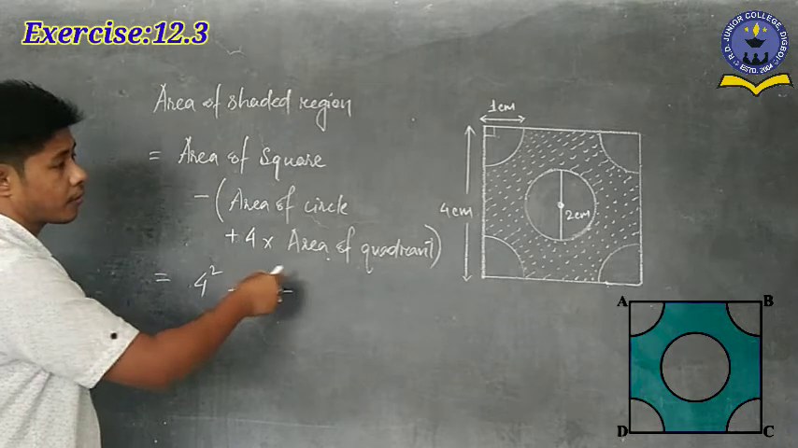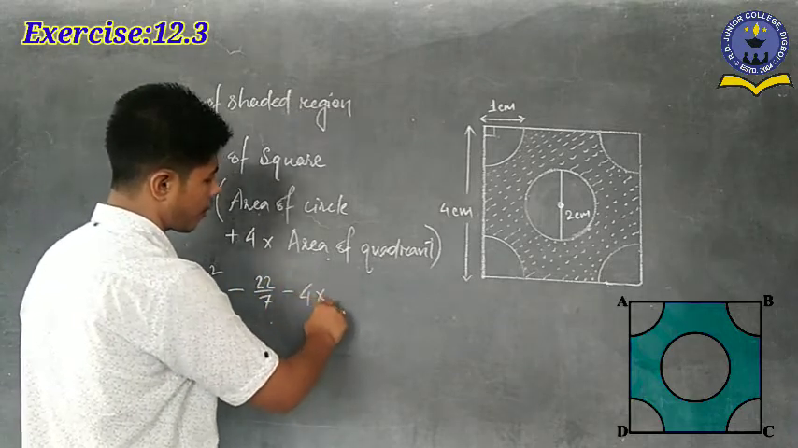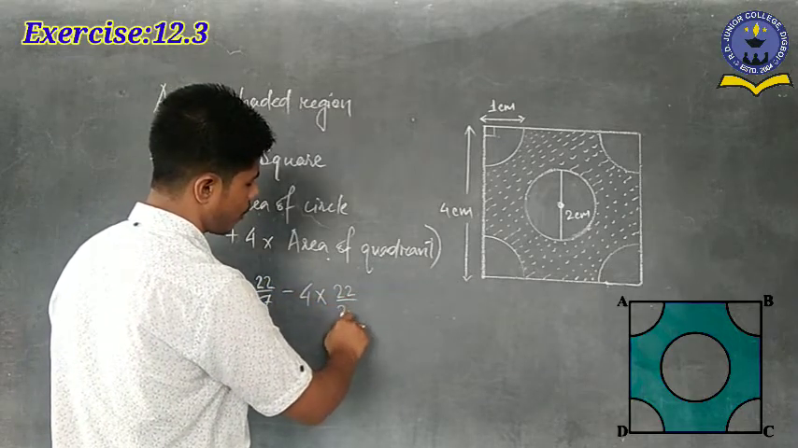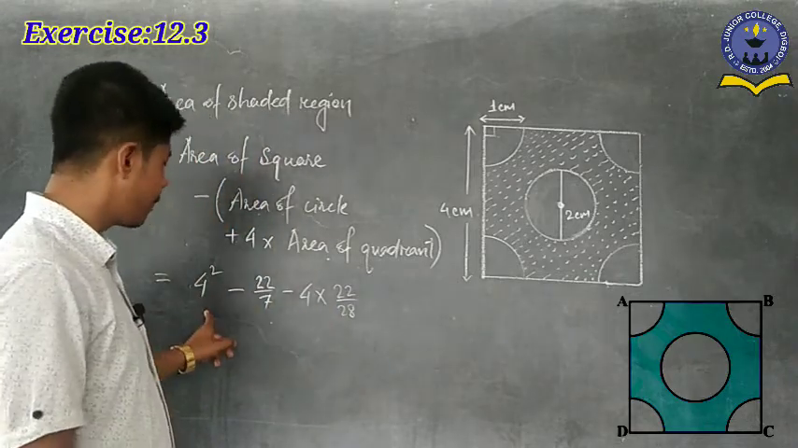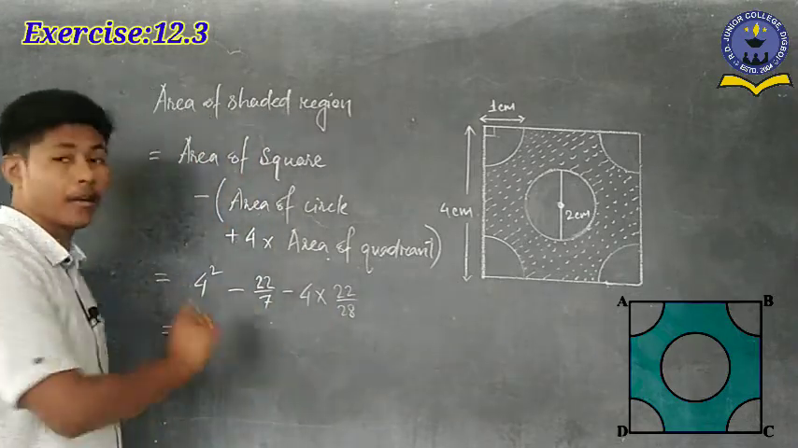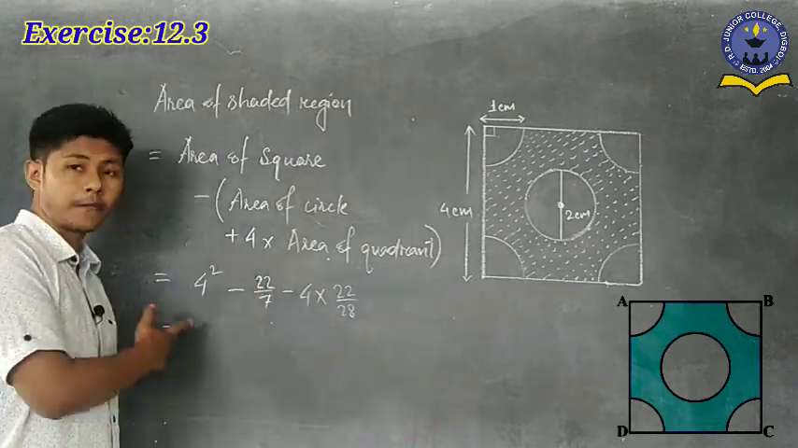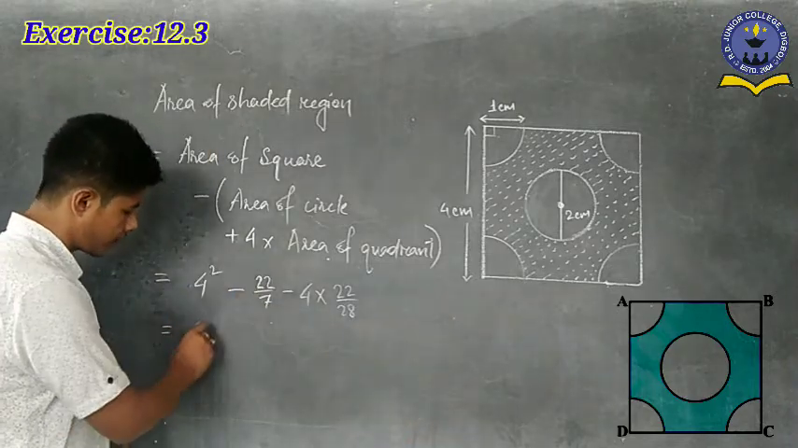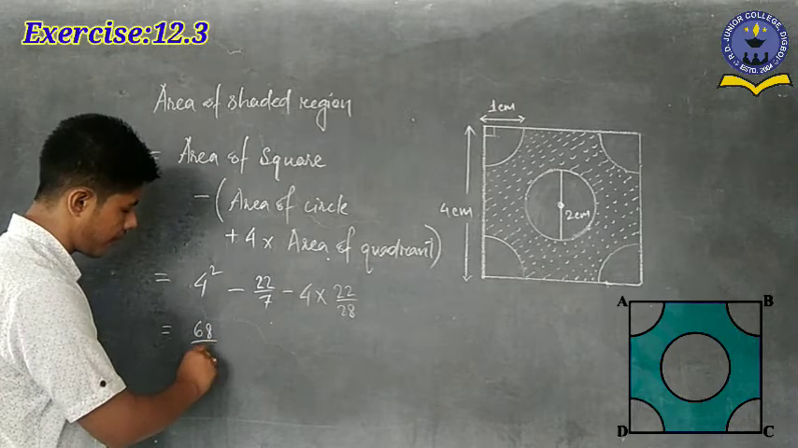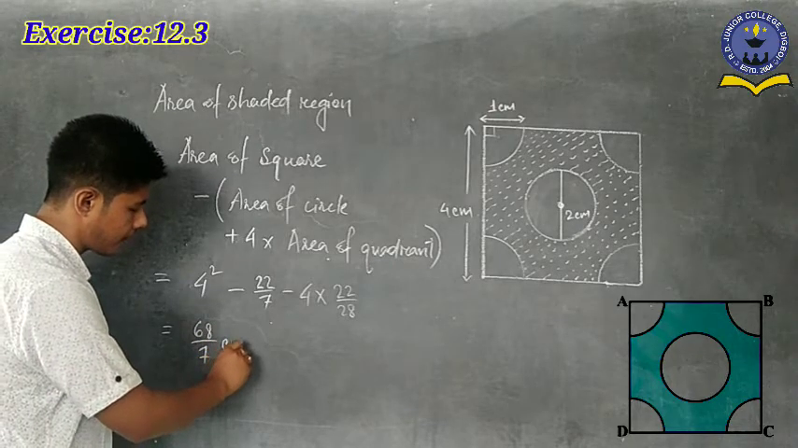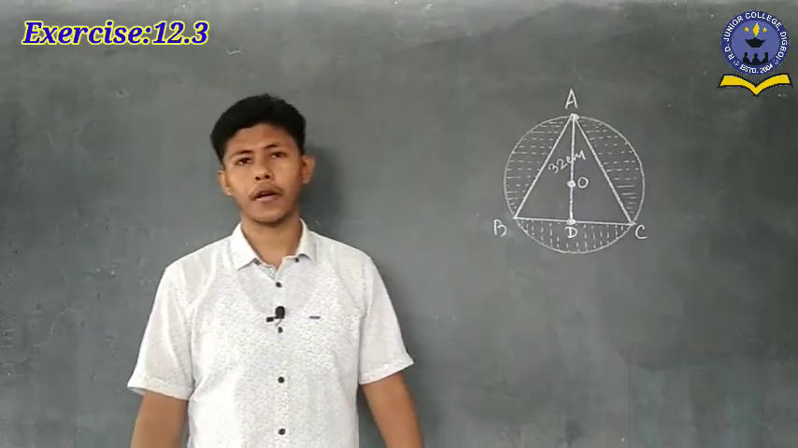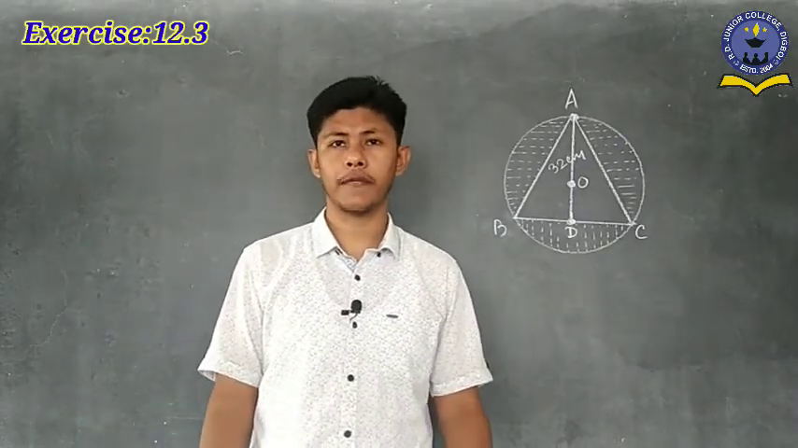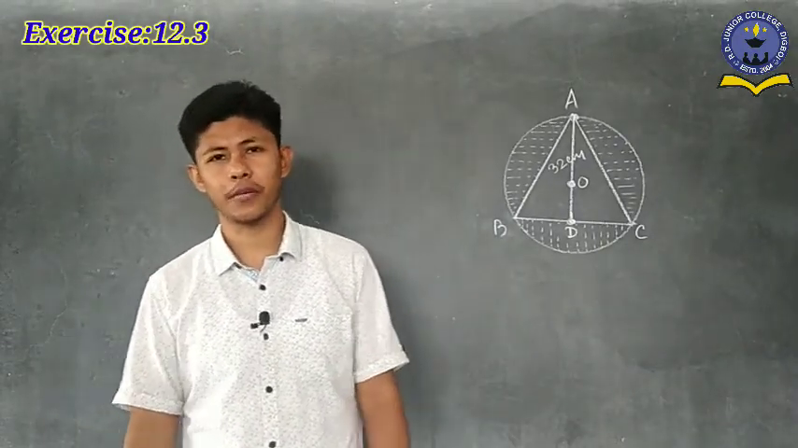Minus, then the next one is what? 4 times the area of quadrant is how much? 22 by 28, isn't it? So now if we calculate this result, finally the final result is 68 by 7 centimeter square. Is it clear? Okay, after completing question number 5, now the next one is question number 6,